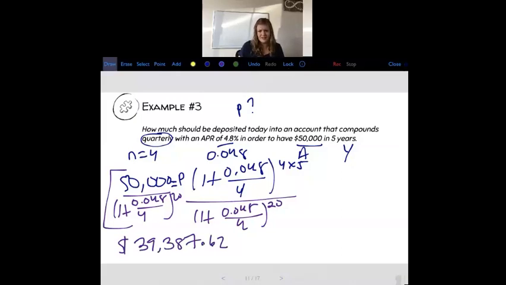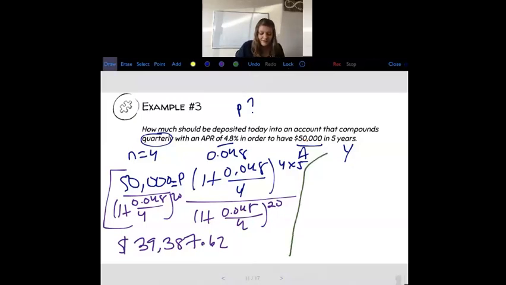39,387.62. Typically, we'll round money to the nearest cent. So what this is saying is that we would have to invest $39,387.62 today for an account that compounds quarterly with an APR of 4.8% in order to save $50,000 in 5 years. If you're using the Texas Instruments,